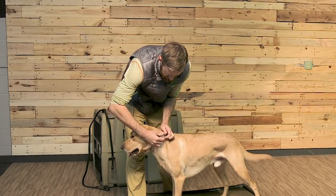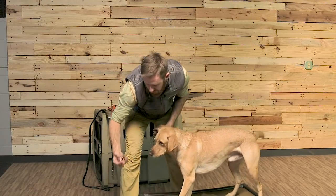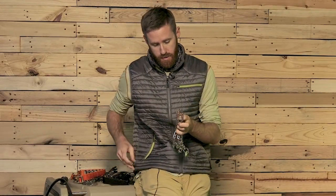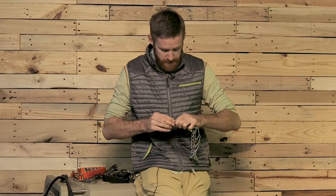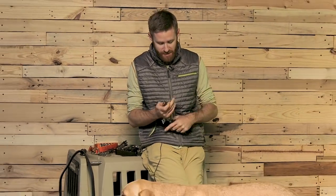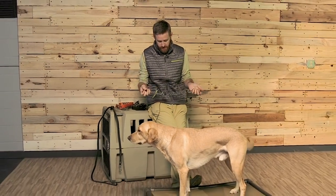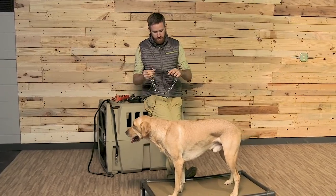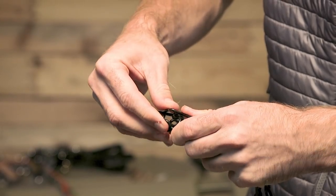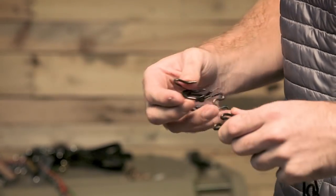Now, to adjust them, you just saw me do it. It's really simple. You have prongs. You have basically a male end of the prong and a female end of the prong, and you can take out or add as many links as you want. We sell additional links for those dogs that have too big of necks. For the standard sizes, you can buy extra links. And basically, you pinch the prongs together,